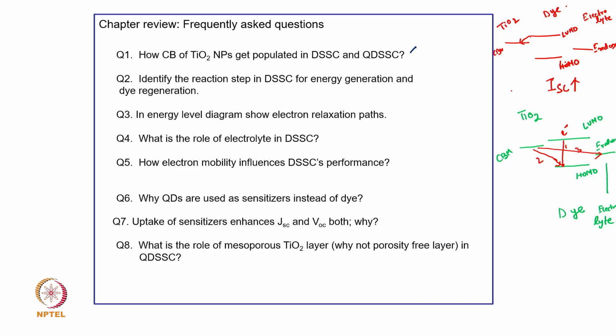So, now if the number of electrons is large, the population of electrons will also be large in the conduction band of TiO2, and that will take this Fermi level up. So, again the VOC, which is equal to EF minus E redox, will go up, because the difference between Fermi level and redox level will increase. So, in this case,